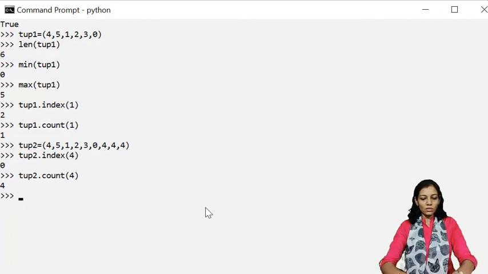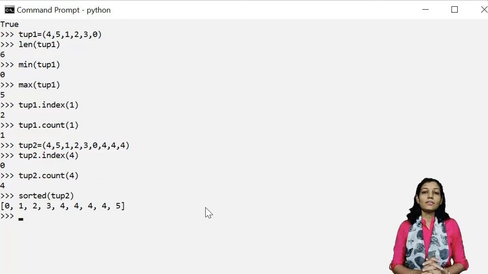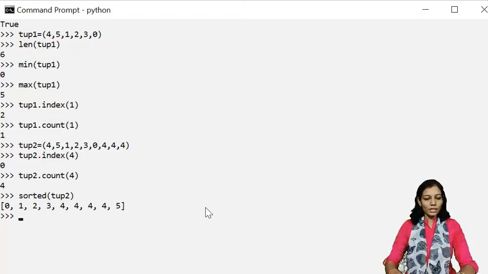Now I'll be using the sorted function. Sorry, I need to use sorted and tup2 because this is the tuple I want to sort. So now it has returned a list with sorted elements. But if I want a tuple itself, I do not want a list, so I need to do typecasting.